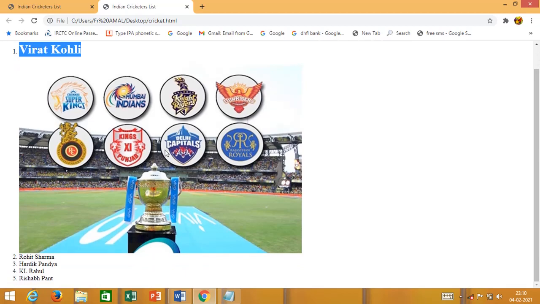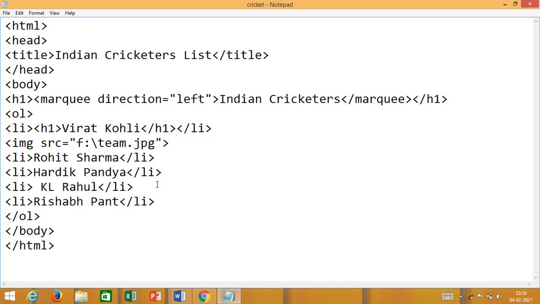Now here if you see, the picture size comes very big. You can resize the picture according to your choice. For that you need to put a particular command. Where you have put this particular command img src, here you need to do a certain thing.